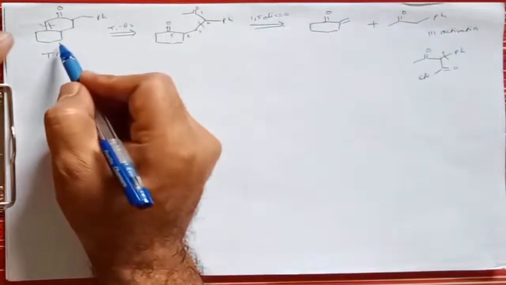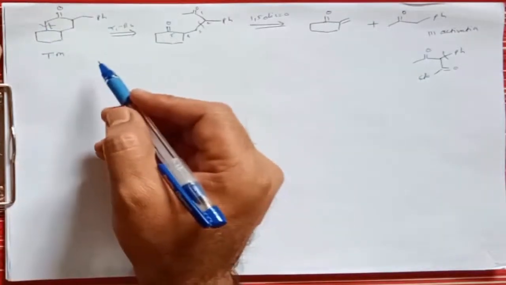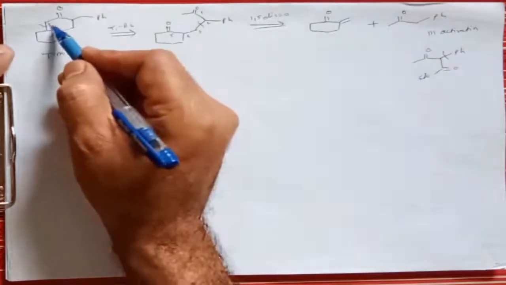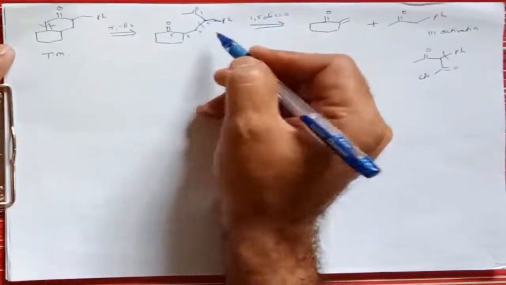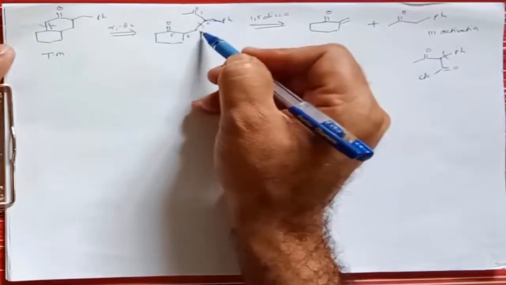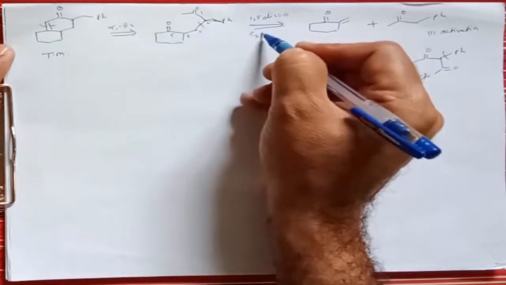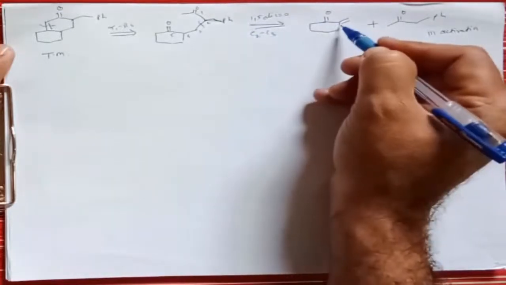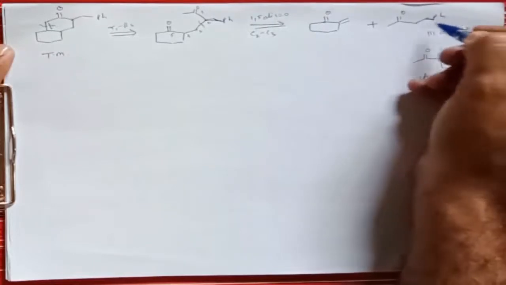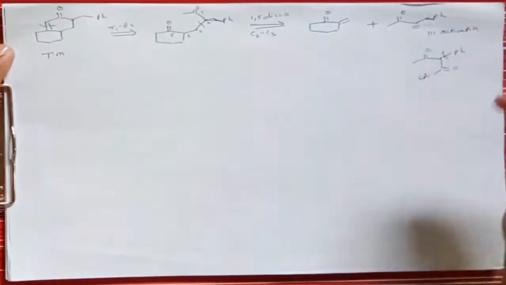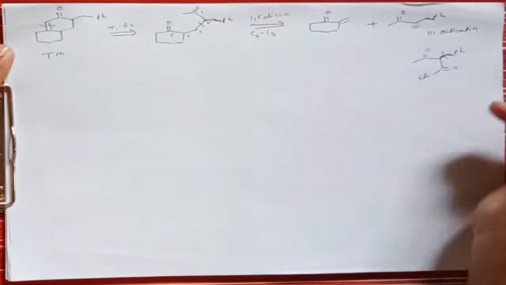Suppose we take such a target molecule containing an alpha beta unsaturated ketone. We can break the bond at this position and it gives formation of a molecule like this, right? Now it contains 1, 2, 3, 4, 5, a 1,5 dicarbonyl pattern. Therefore we can break this C2-C3 bond, and from one side it gives a double bond, and from the other side it gives such a negative charge, and we can go for the activation of this group. Then it gives a compound like this.